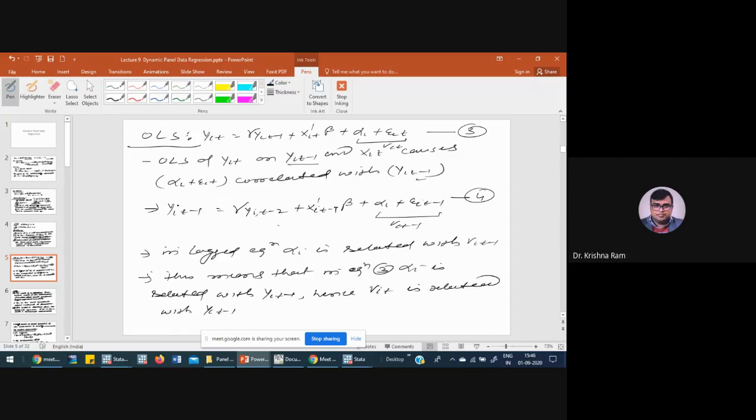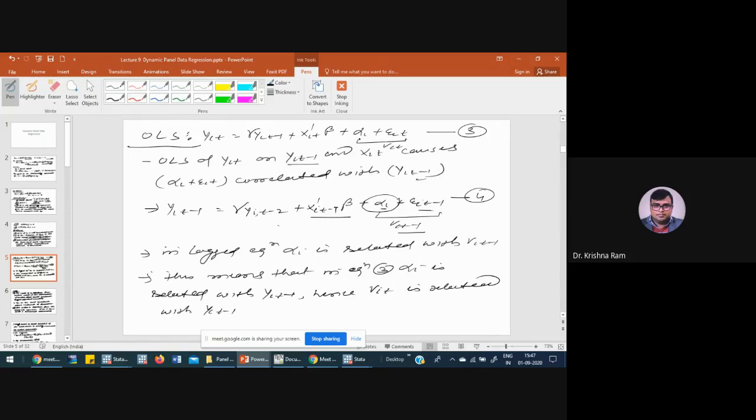For that, if you take one lag of the regression equation, it becomes y it minus 1 equals gamma y it minus 2 plus this term again in lag form plus alpha I as the constant. Since it is going to remain constant over a period of time, there is no lag value of it, and there is the lag value of the error term. So this one is the composite error term. Now it becomes v it minus 1. Since v it minus 1 contains this unobserved term, we can say the cross-sectional heterogeneity term,